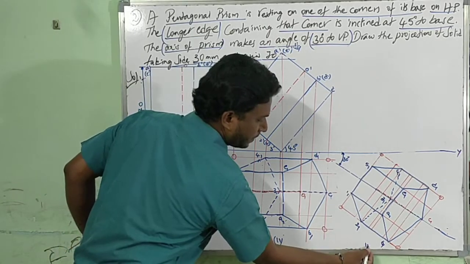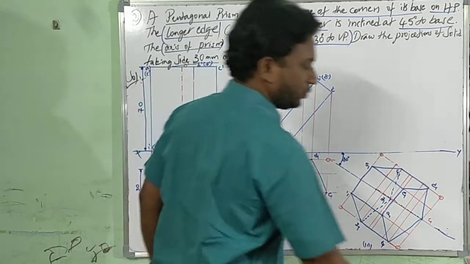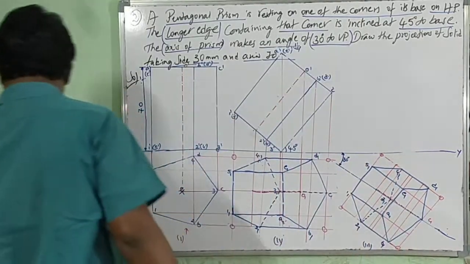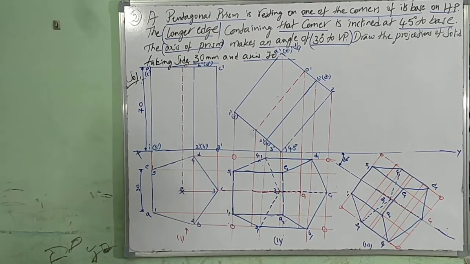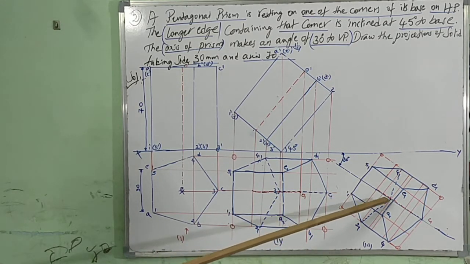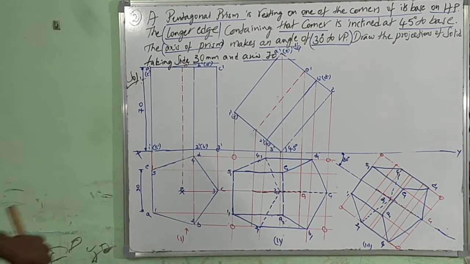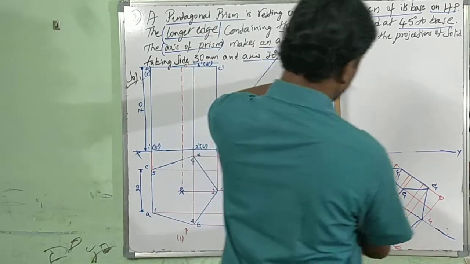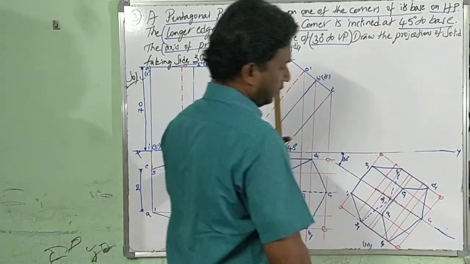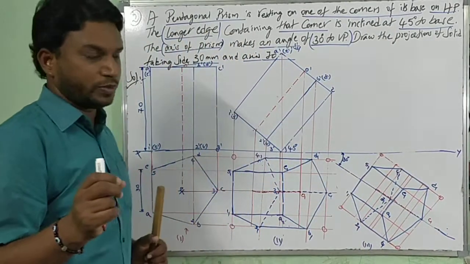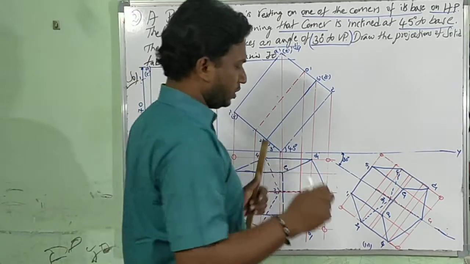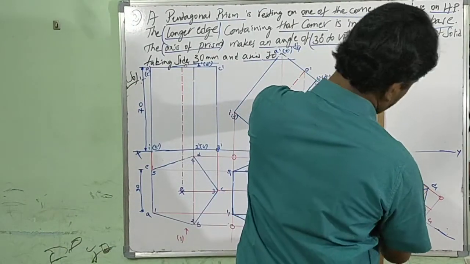Stage 3. From here you are supposed to project its front view by drawing projectors, vertical projectors. I hope you all understand what I did. This line is at 30 degrees. With the box, with respect to the center line, I reconstructed the box. Now vertical projectors are supposed to be drawn with respect to corner points. So you can draw from corner points. I'm starting with